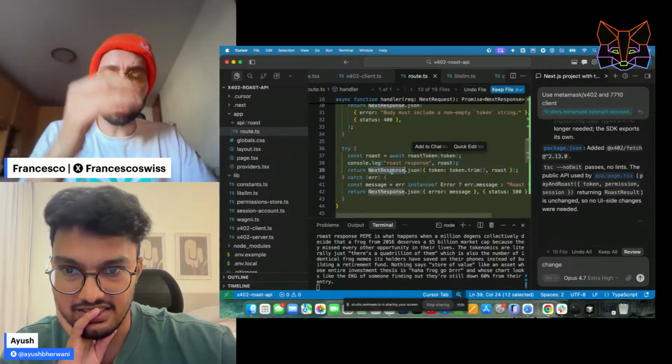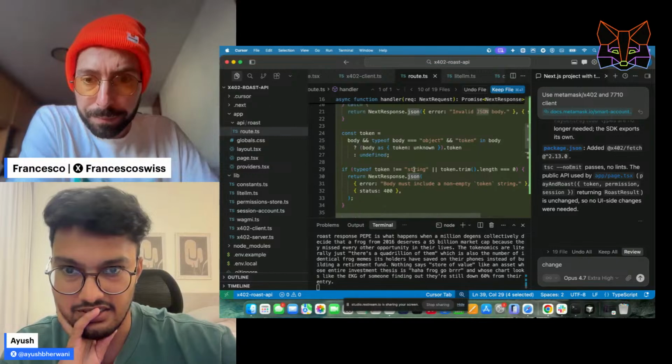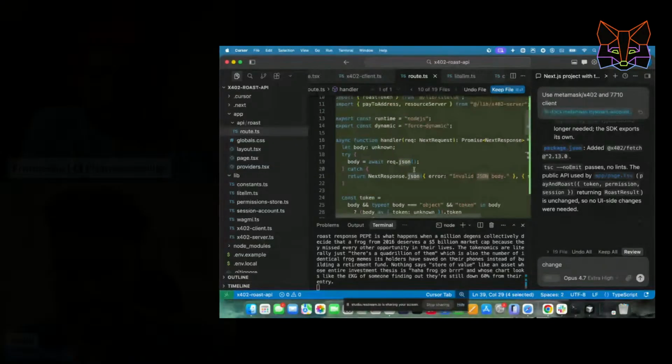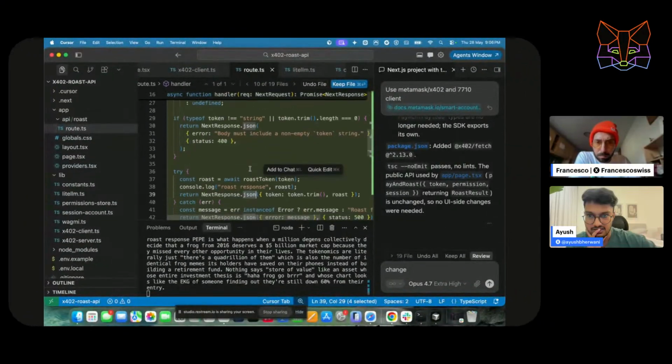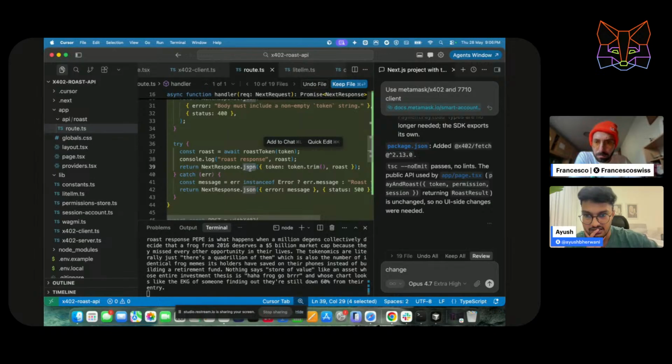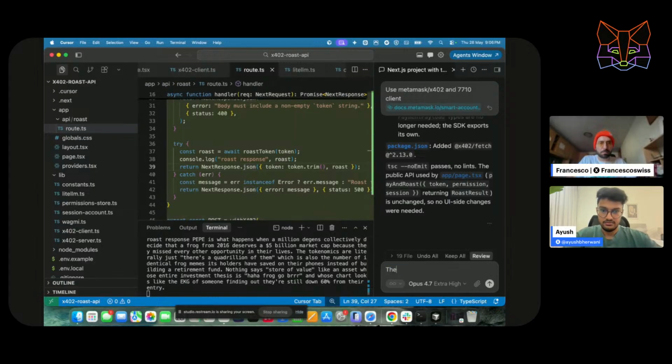The NextResponse.json is not working. Can we take out the response part? No, we need it, right? The response is not working.